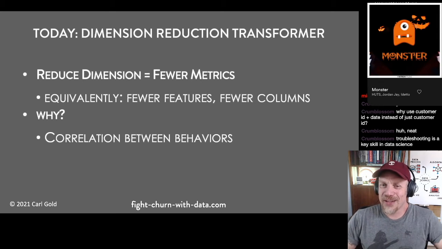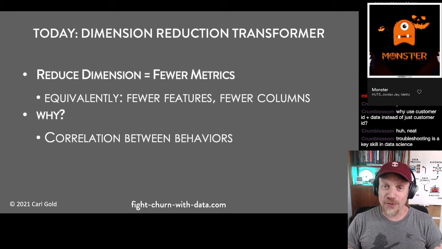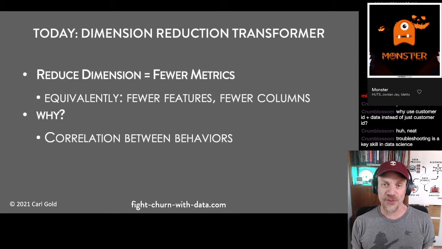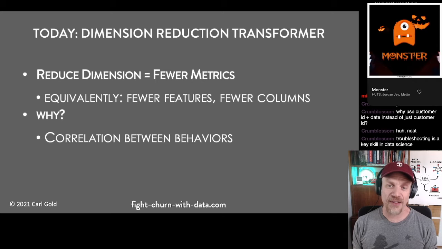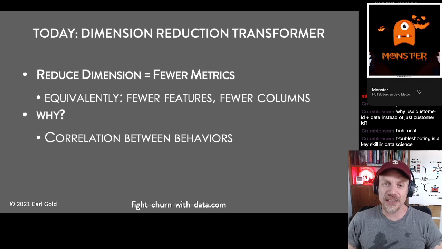All right, let's talk about dimension reduction. That is using fewer metrics, basically. You reduce the dimension. It's also called using fewer features, or fewer columns in the data matrix. Now, why do you use fewer columns in the matrix sometimes? Because you have correlated behaviors that customers do. And you can have a lot of metrics. In my toy problem, I call it a toy problem because the simulation only has about 8 different events, so there are only about 15 different metrics. In a real product or service, you could easily have 50 or 100 different events, and dozens and dozens of metrics. But many of them are going to be correlated, and that just leads to unnecessary information